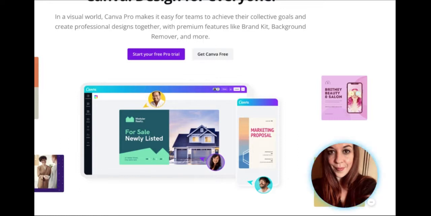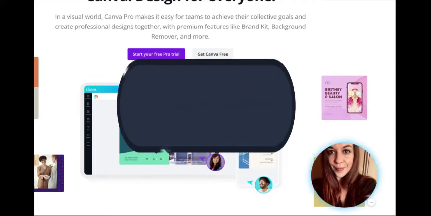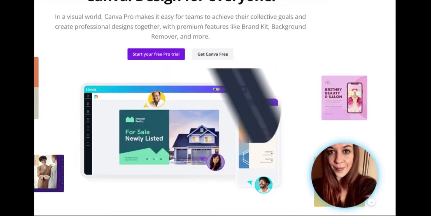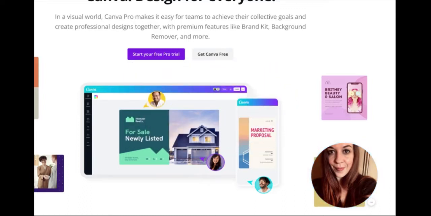So the second main thing I see is people going into really competitive areas and not niching down. So they're going for something incredibly broad, such as a planner for women or something like that, but then there's nothing else that makes that book unique. So maybe it's just a certain color or has a flowery pattern or a star pattern or something like that, whereas you need to appeal to someone on a different level than that.